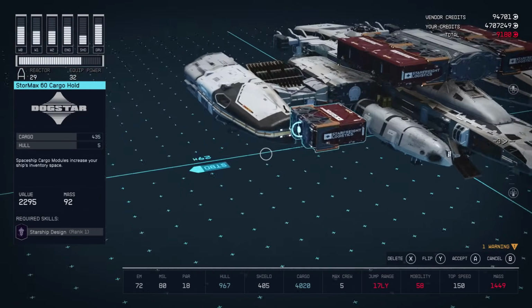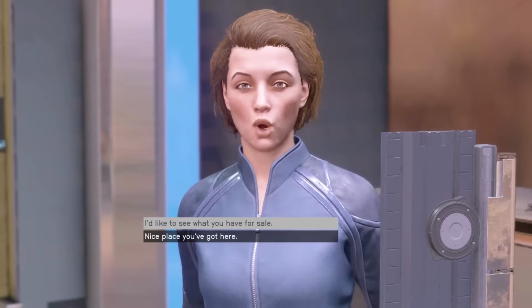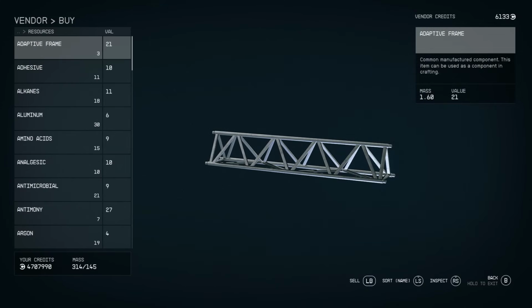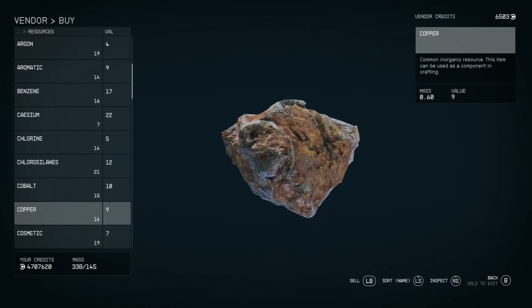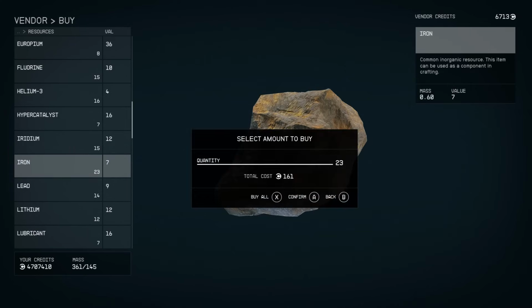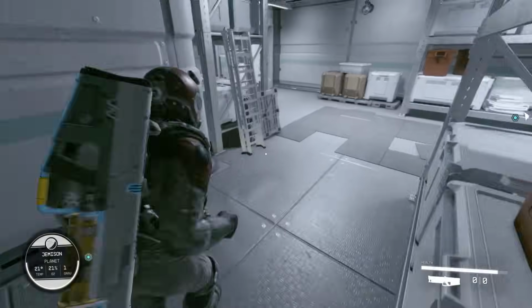The best place to buy resources is at the Jemison Mercantile in New Atlantis. This is located in the commercial district. Your shopping guide here is 30 beryllium, 30 copper, 30 tungsten, 30 adaptive frames, 120 aluminium, 120 iron, and 2 fiber. It sounds a lot, but honestly guys, if you have to do a few errands for a few more credits, do it, because this is going to pay off with thousands of XP very, very shortly. When the vendor runs out of resources, go over to the nearby seating and wait 24 hours for their stock